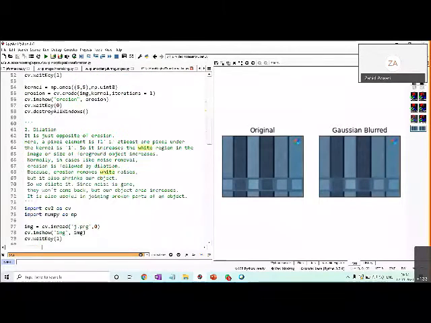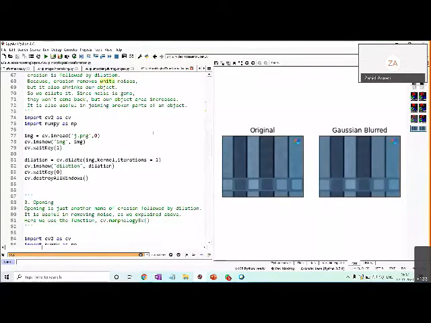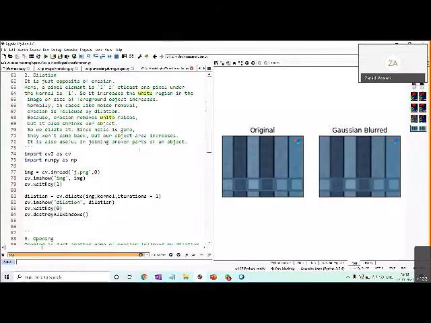So this is basically erosion. And the next is dilation, which is the opposite of it. In dilation, again, we take a pixel and its neighborhood. If any pixel in the neighborhood has the intensity 1, then this will be changed to intensity 1. So it increases the object area. So that is dilation.